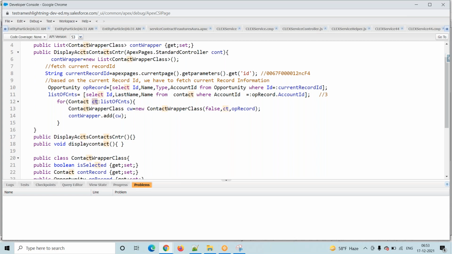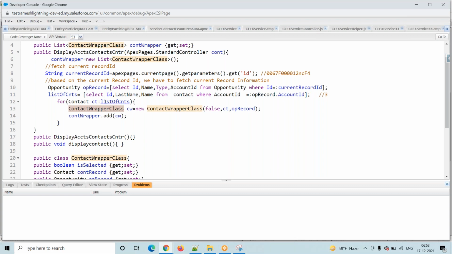For that contact record we prepare a wrapper record using this template, passing our data while creating an instance, and add it to this particular list. So the first contact record we created as a contact wrapper and added to the list.